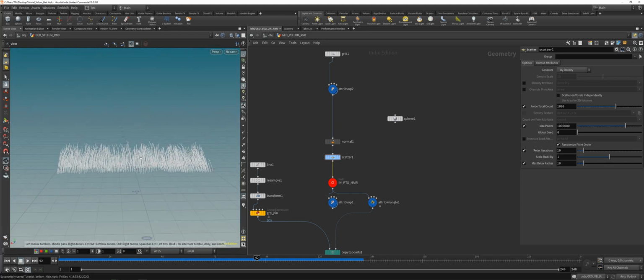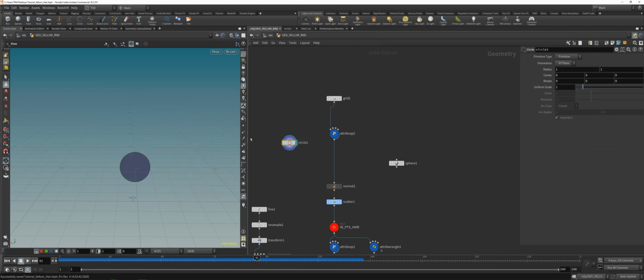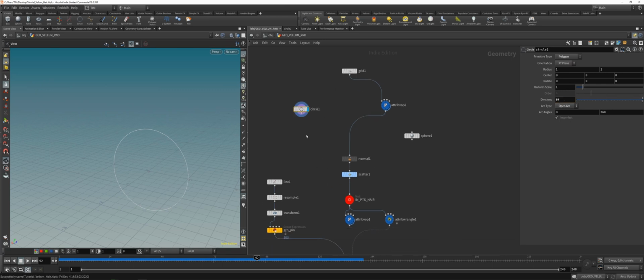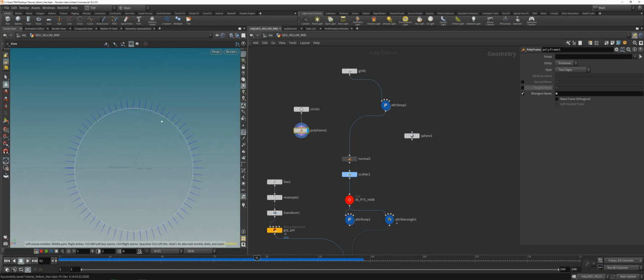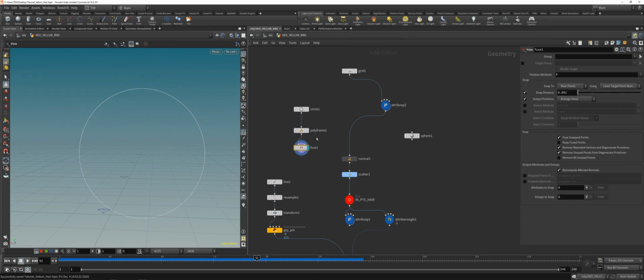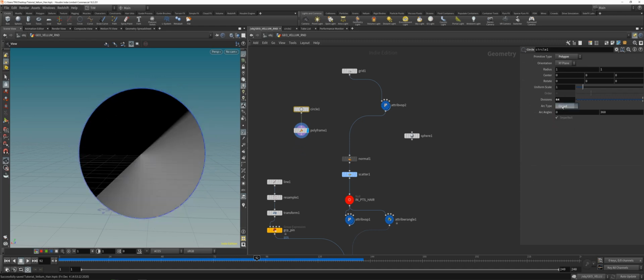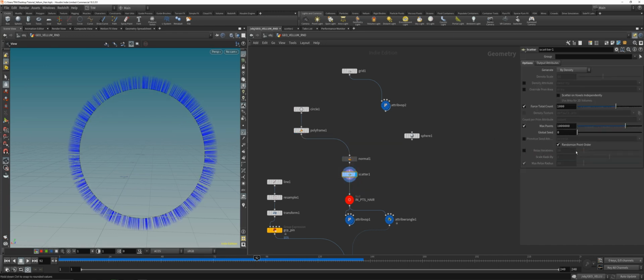Cool. Now what we can do, for example, let's do a ring. I think ring. Let's list out a circle, not a ring. What I want to do, make it a polygon, make it an open arc, type 46 divisions, and I will use a polyframe to direct the normals, and we will use the tangent for the normal. No, let's use the B tangent for the normal, and the B tangent normal will go outwards, and we can use a fuse if we don't want to no, wait, where was it? Oh, mark. Yeah, okay. Now we can use the scatter here, basically the same setup, scatter, and let's disable the